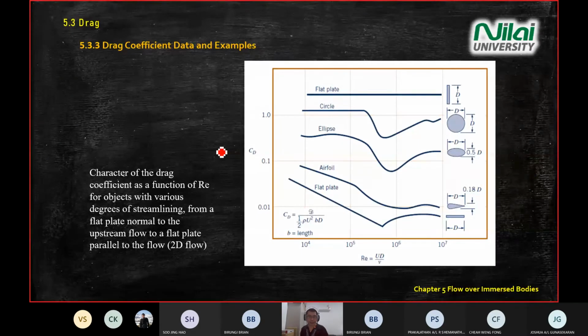Again, repeat your question. I think like on Reynolds number, it's divided by viscosity, the denominator, right? Yeah, you mean this one, right? Yeah. So this one,